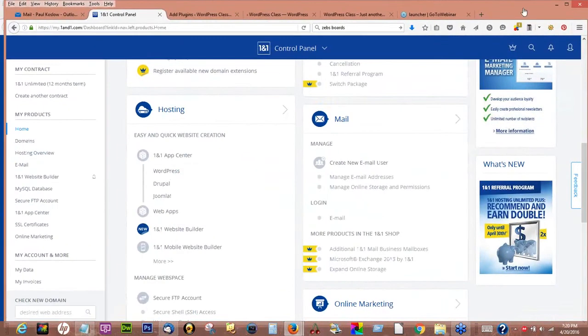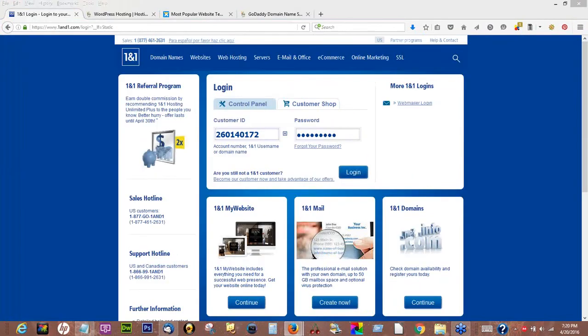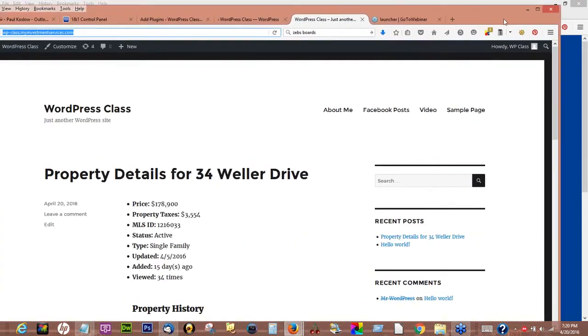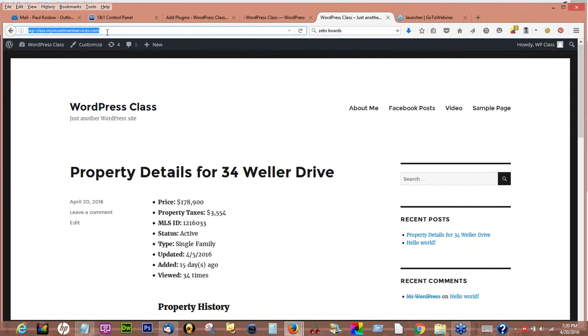I'm going to go back to this one here, Gary. Once this is set up and you've clicked in WordPress, I'm going to jump forward a little bit, because the only screen I'm really missing here is your login screen for WordPress, which you set up in the process. I'll give you an example here. I set up this one under a subdomain. I didn't really need to set up a full domain. This is what's called a subdomain. Obviously, we are myinvestmentservices.com, and what I did was create what's called a subdomain, which is WP-WordPress, short for